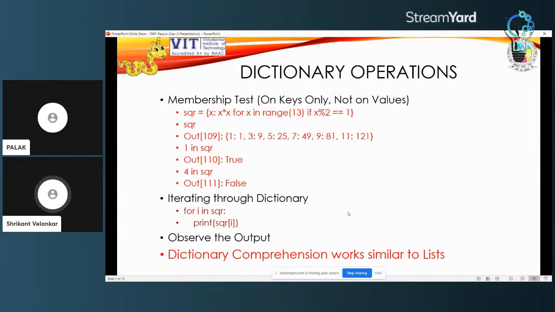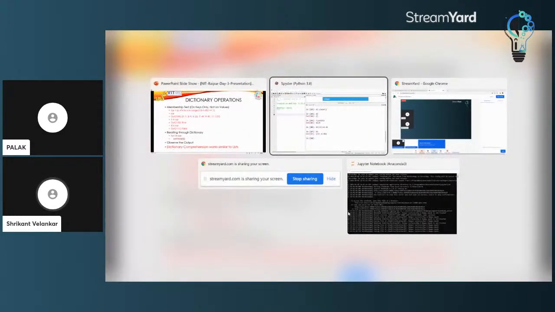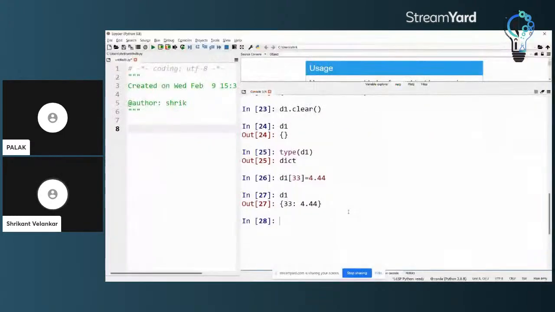And we can also carry out iterations through a dictionary using a for loop, which is again very similar to what we did for the list. So dictionary comprehension works very similar to list. Membership tests can also be carried out on dictionary keys. All these functions related to dictionaries we will see one after the other now in our program.